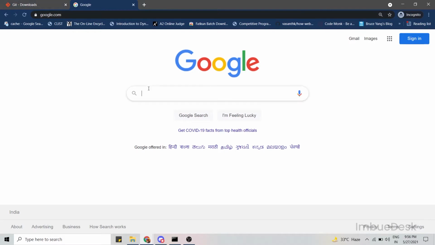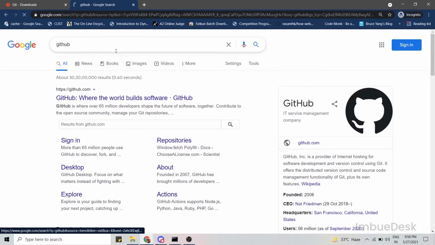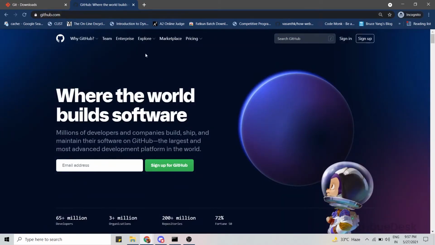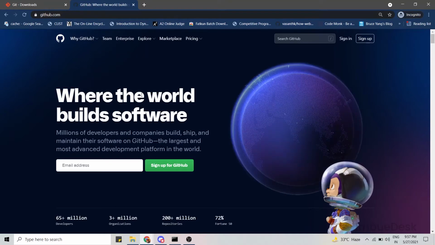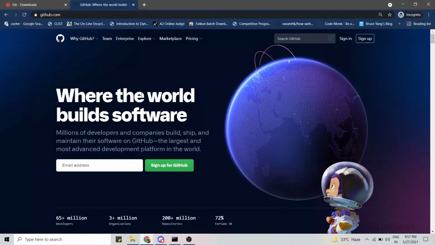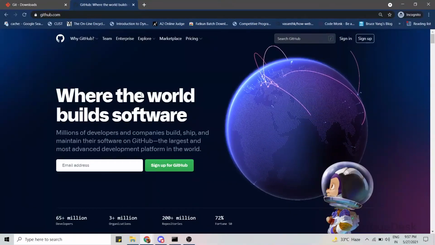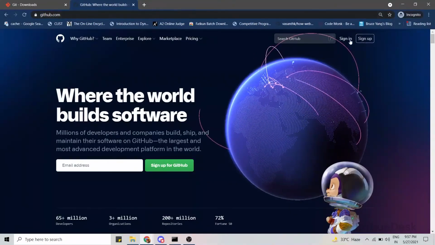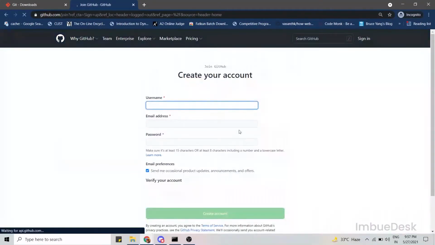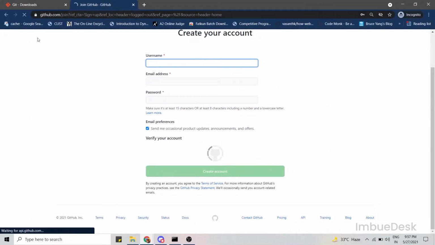Okay, so open another tab, make sure to make a GitHub account here. GitHub is where you paste all of your code, and many open source projects work here. You can contribute to them, you can take information from them, you can take help from them and make your own code. So make sure to make your account. Okay, so after these two steps,